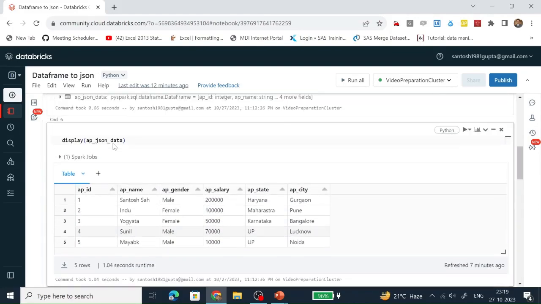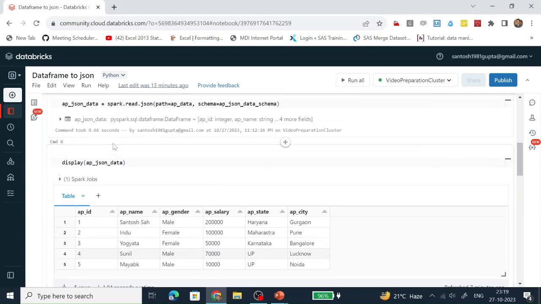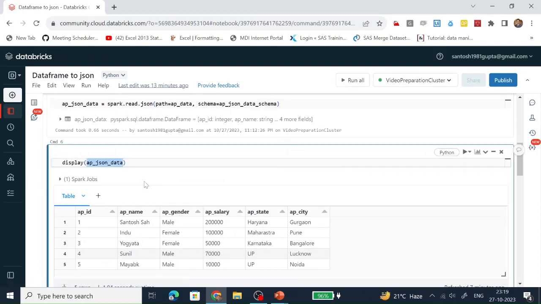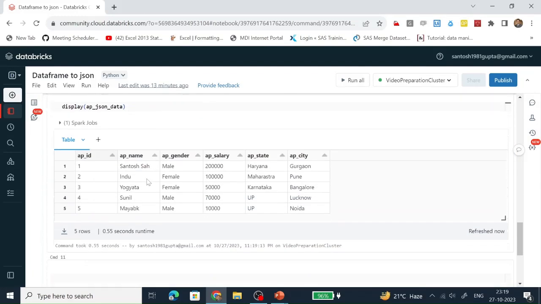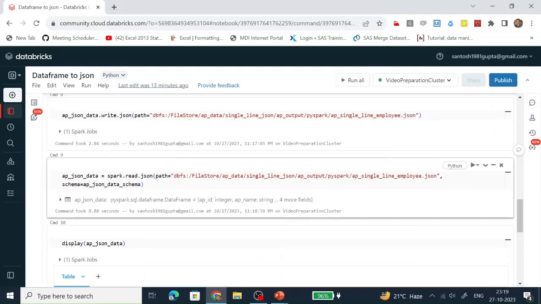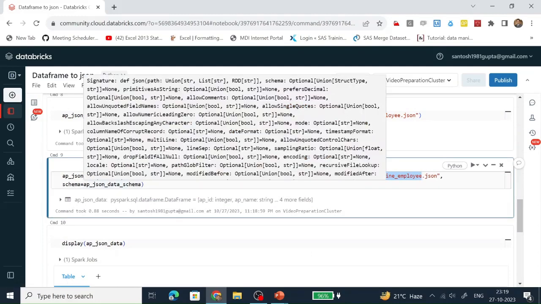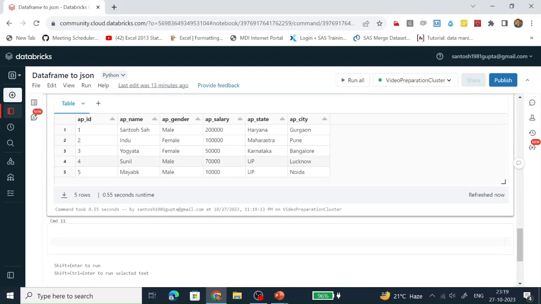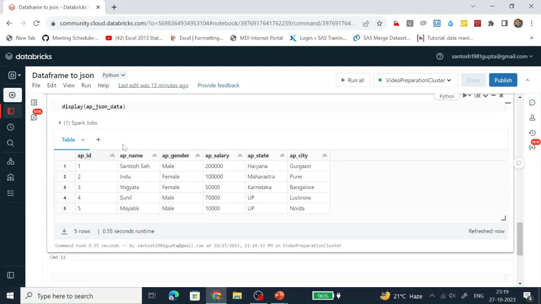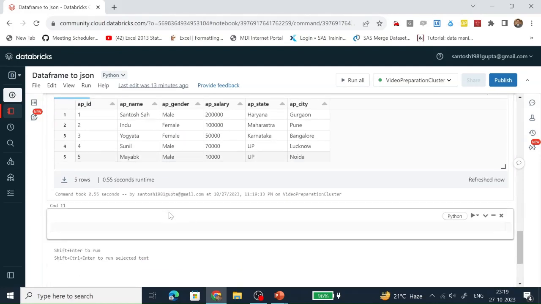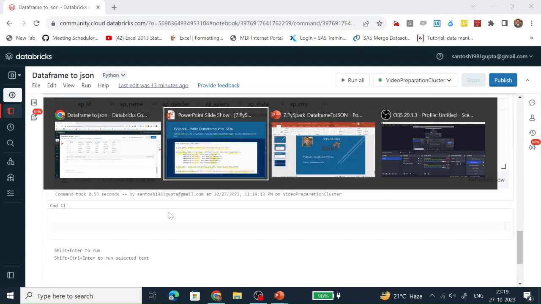We have created one JSON document based on this data frame, and here we are reading it and getting the same data which is present in the data frame. Let's go to the PPT.